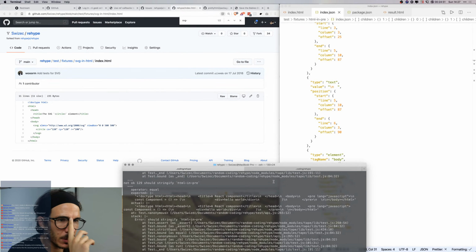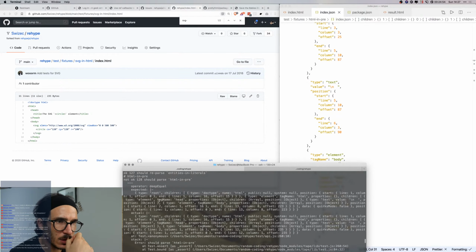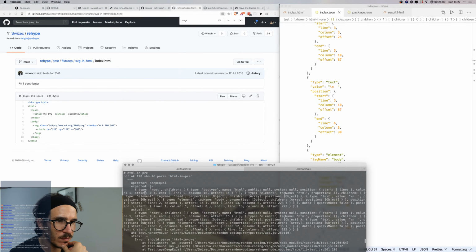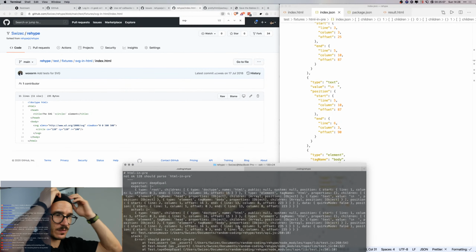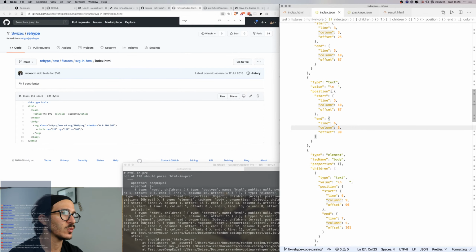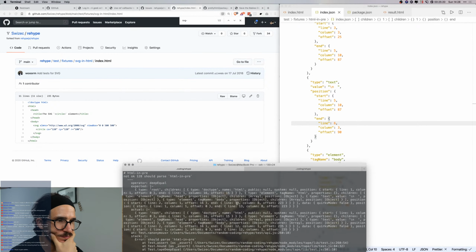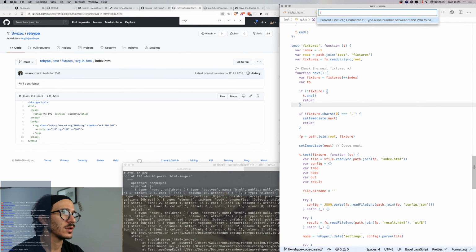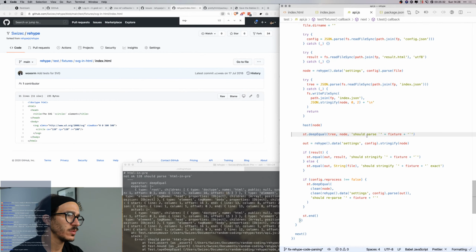So we've got that part, HTML in pre. So here is where it's looking at what it's getting, the AST. So, why does it not print the full AST? Also, how can I run just a single test? That would be so useful. Rehype test API JS, line 260, string deep equal, should parse fixture.